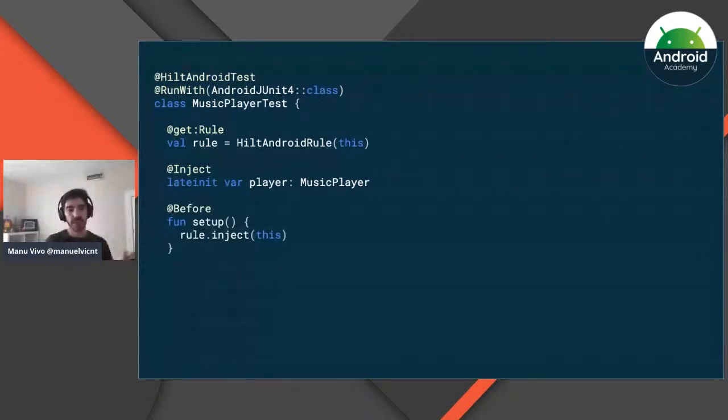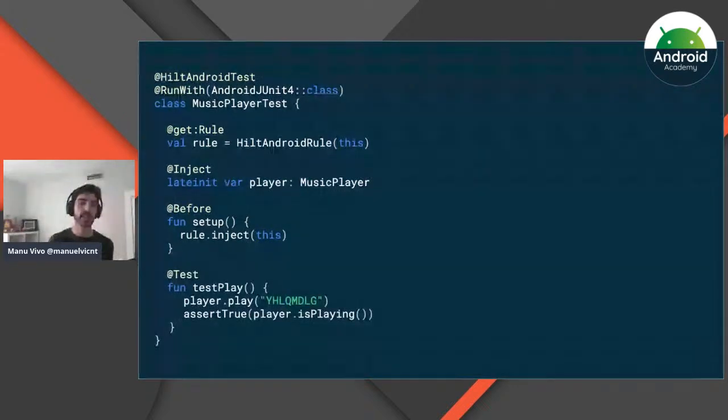And then in the JUnit @Before, you call inject to populate the music player. And then you can test your player as you would normally do. And here you can see that Hilt has been in charge of automatically building all that graph for you without you having to worry about it.